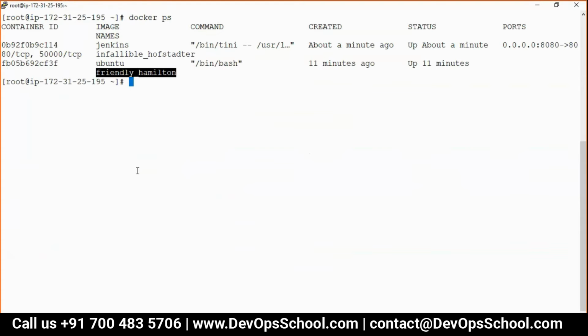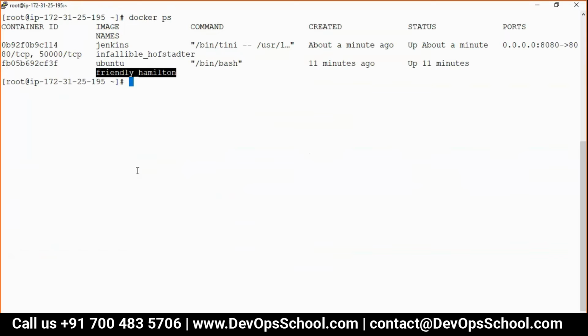Any object you create in Docker, and when I say object, container is also an object, and image is also an object, understand that. We have to name it, and that name has to be unique, that's important.